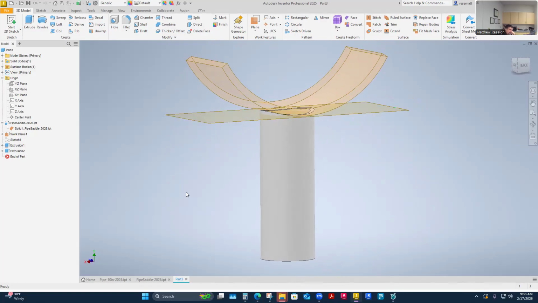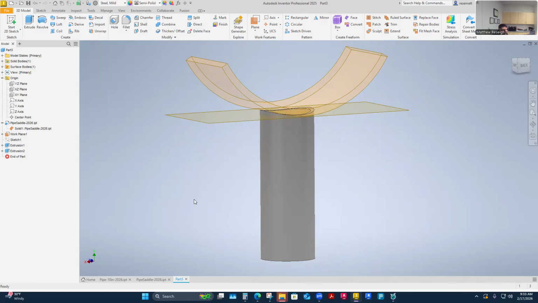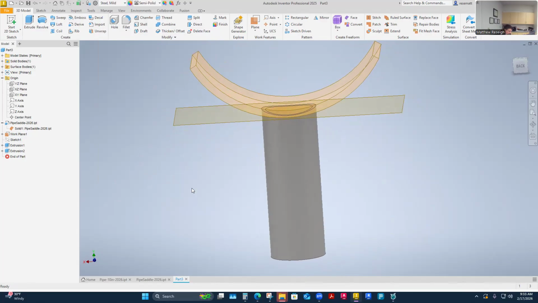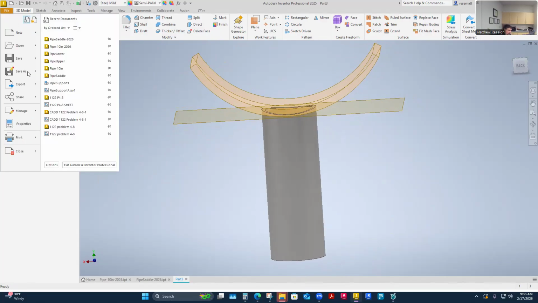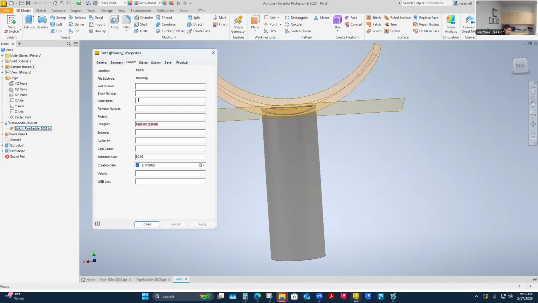So this plane, yeah, this is it. I just need to say that this is also mild steel. So I'll say steel mild. And then I'll call it 2.5 inch schedule 40 pipe in its properties. So I'm going to say it's just